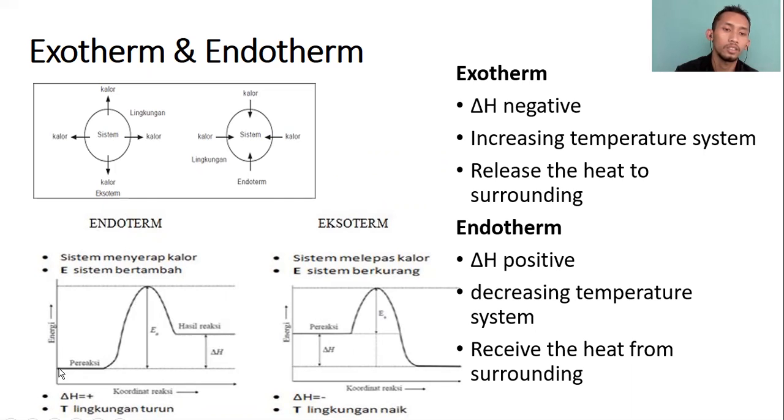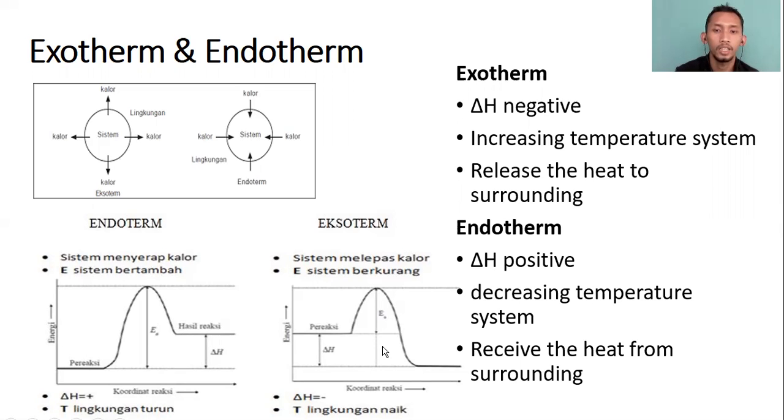Here is the enthalpy or energy of the reactant, and here is the enthalpy of the product. In this diagram the enthalpy of the product is higher than the reactant, so the delta H here is positive because it increases. So this is an endotherm reaction,